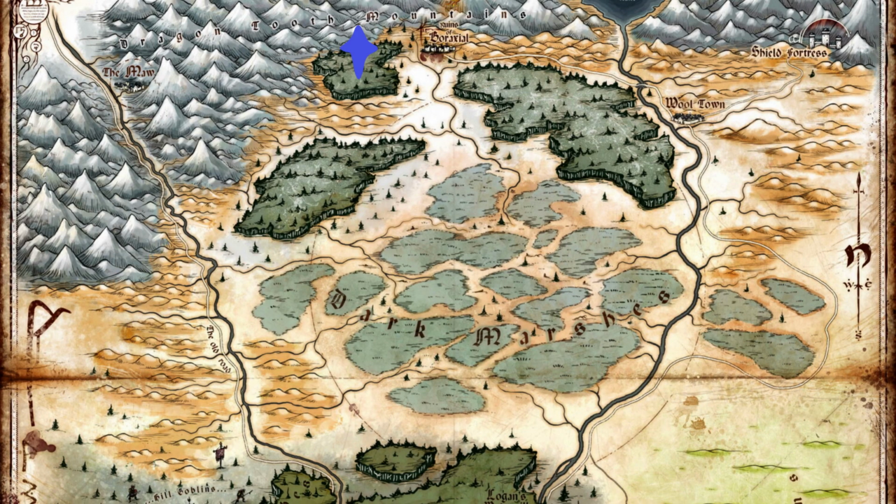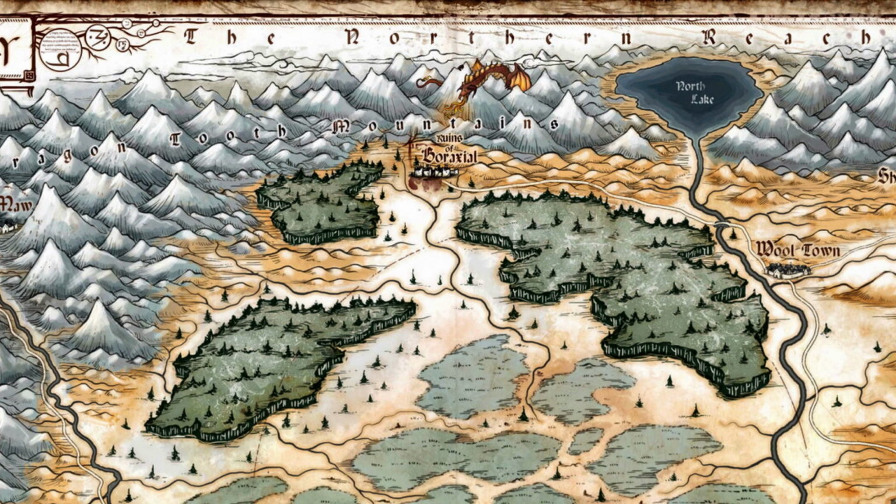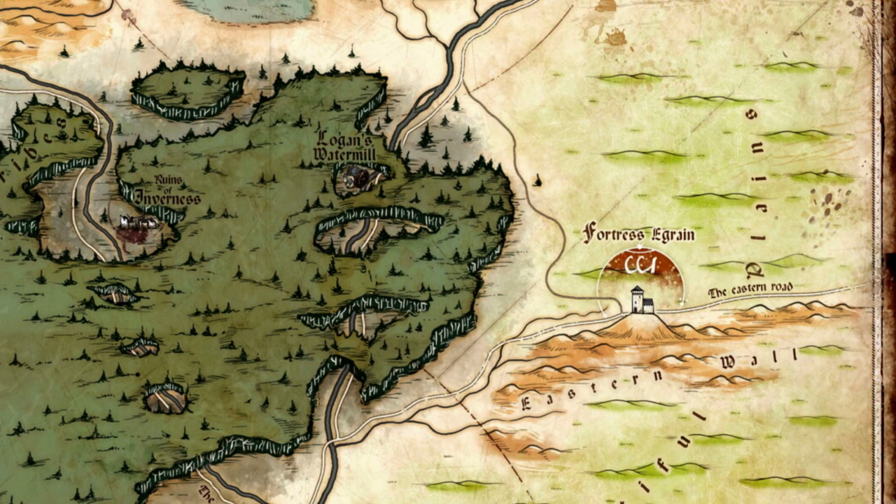This sounds challenging on a good day, but our kingdom is also suffering from the plague of undeath that kills the infected and revives them as undead. This has corrupted 2 of our most populous cities, Inverness and Baraxiel. They are now bastions of undead, host to swarms of deadly monstrosities that are actively besieging Fortress Egrain to the